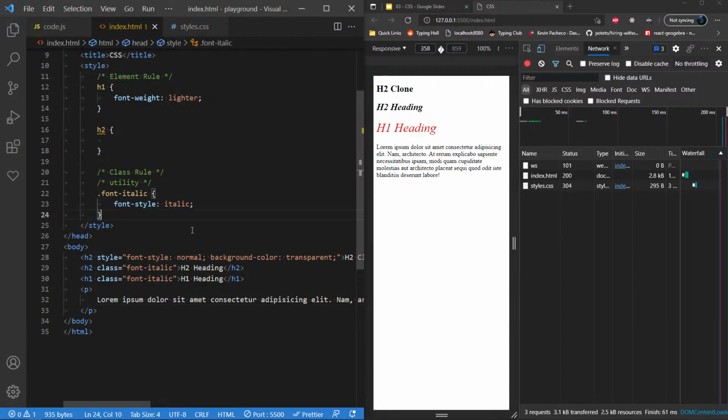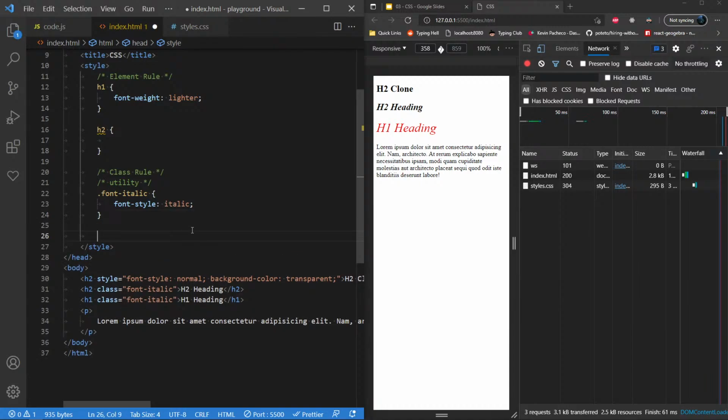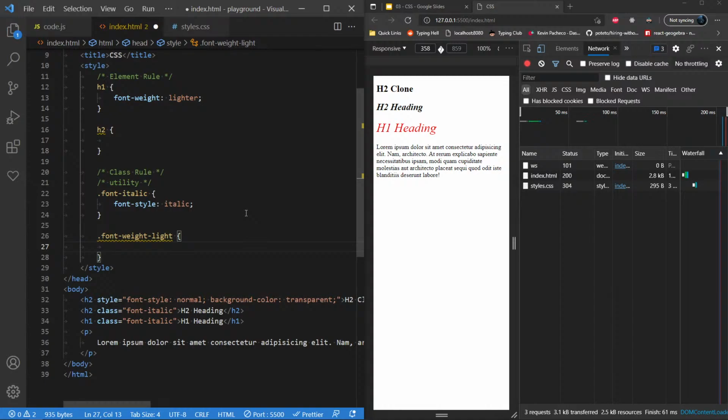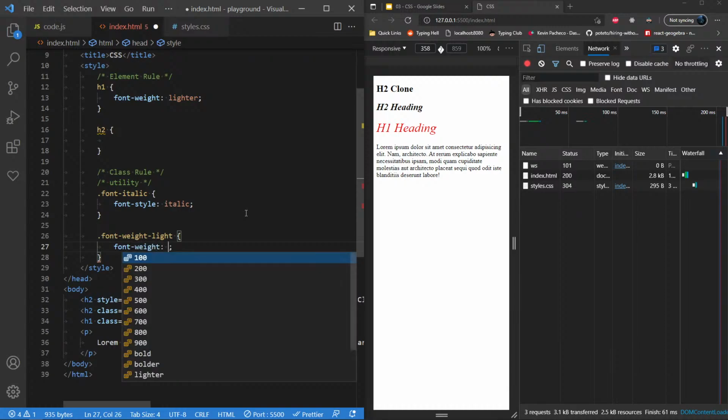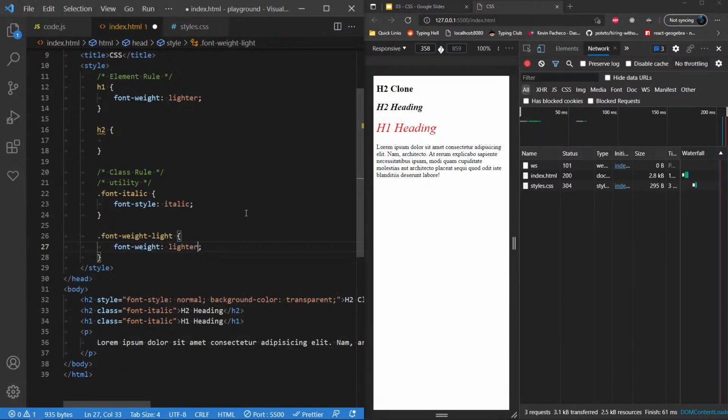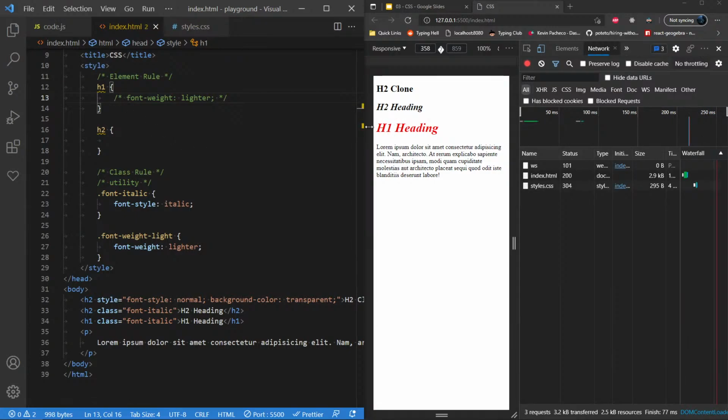Well, that's a good question. So let's say you wanted the font to be thin. This is font weight. So I can create a new class, font-weight-light, and I'll target the property font-weight, and I'll call this lighter. Okay. So now I'm going to remove these rules here, or I'll comment this out. Okay. So now H1 is no longer